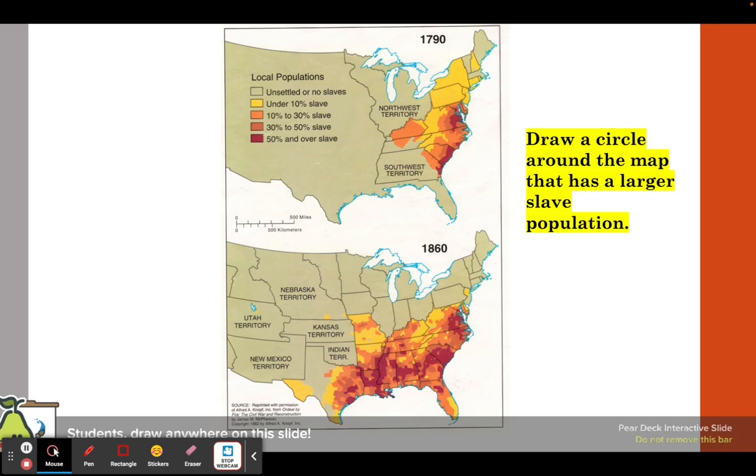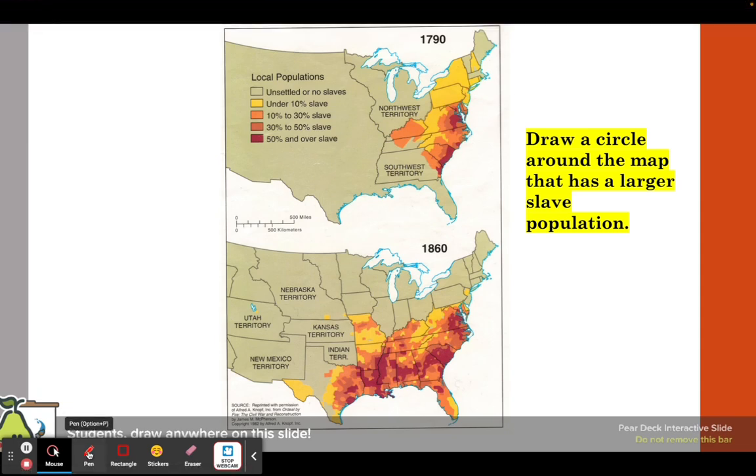Slavery was, in fact, a reality. And in 1790, on the top map that you look at here, there was slavery in almost all 13 of the original states. It also had somewhat expanded west into Kentucky and Tennessee. But by 1860, the North had outlawed the use of slavery. But you can see in the South